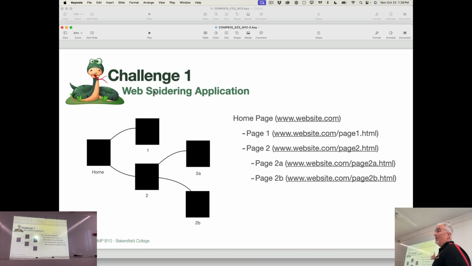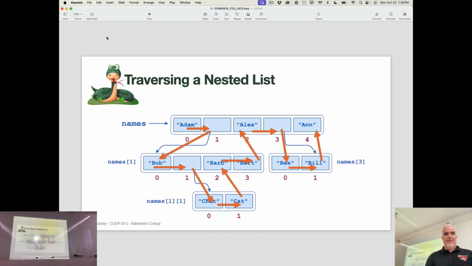So if you're working on the web spidering application, you might want to think about how recursion could be applied to that. That would be an extra challenge. You don't have to use recursion to do the web spidering application. You just could. So that might be something to think about. So now